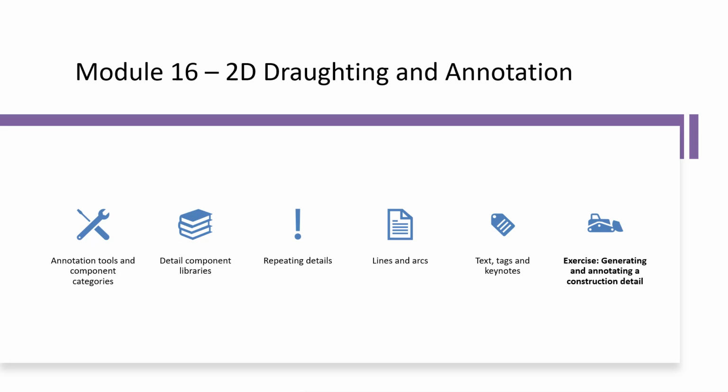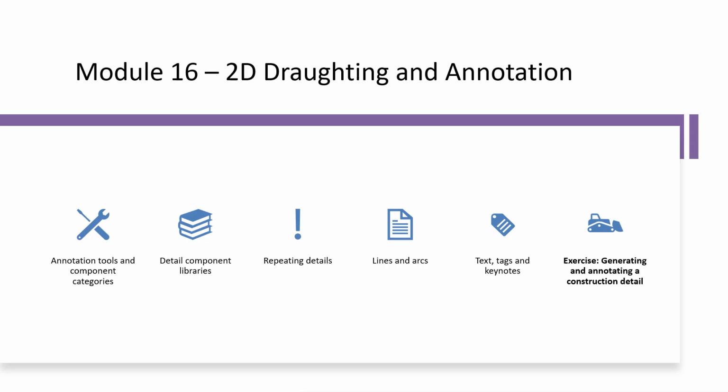In this module, we focus on the tools that bring clarity and detail to your drawings, the annotations and 2D elements that support construction documentation. We begin with annotation tools and component categories. These include dimensions, tags, and symbols that help communicate design, intent, and technical requirements. Next, we explore detailed component libraries, preloaded elements like insulation, fasteners, and profiles that can be dropped into views to enhance clarity. We then look at repeating details, which allow us to apply patterns or assemblies across multiple instances, ideal